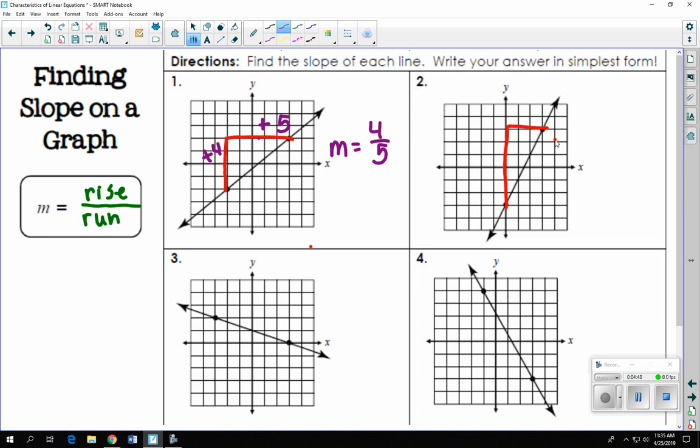And I'm just going to count the boxes. 1, 2, 3, 4, 5, 6. So I have a positive 6. 1, 2, 3, and a positive 3. So my slope in this example is 6 over 3. But as we know, we have to fully simplify these down. So my slope becomes 2 over 1,